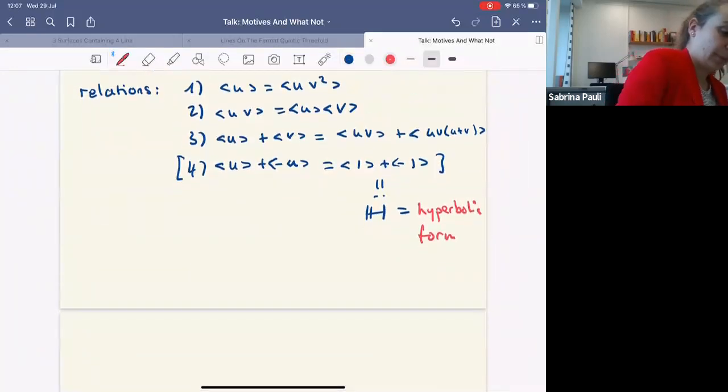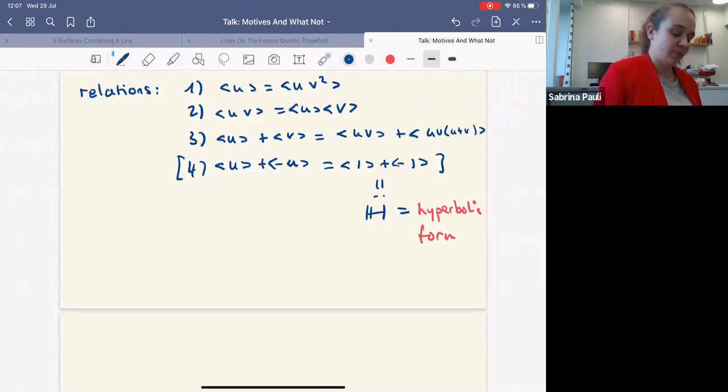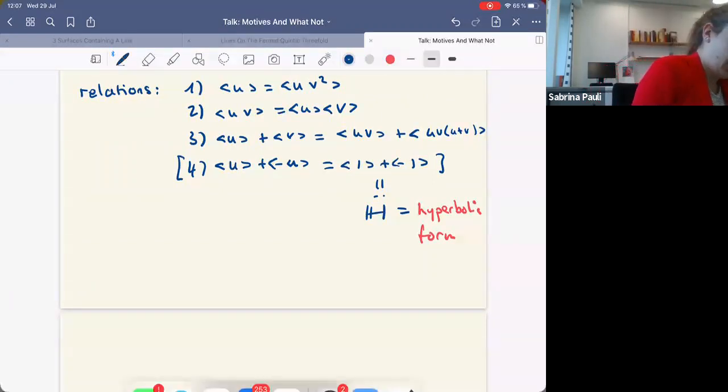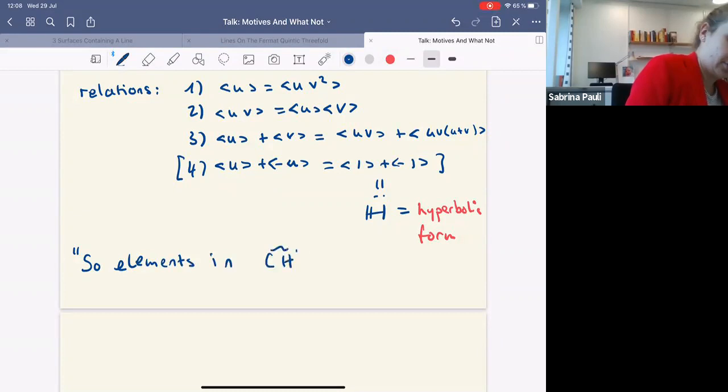So, I said I wanted a description, like for the classical Chow ring, for the oriented Chow ring. I don't quite get this, but I can at least tell you what the elements in there are. So let me put this in quotation marks: the elements in this oriented Chow